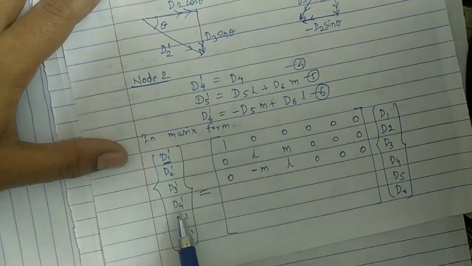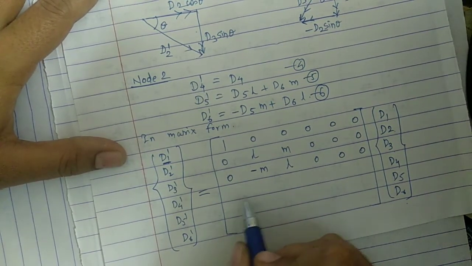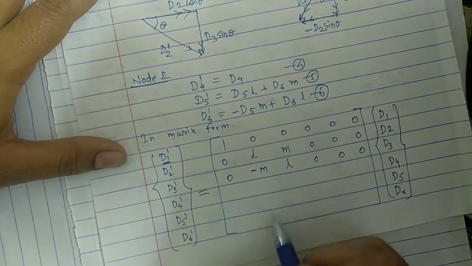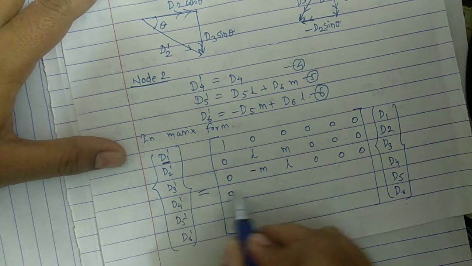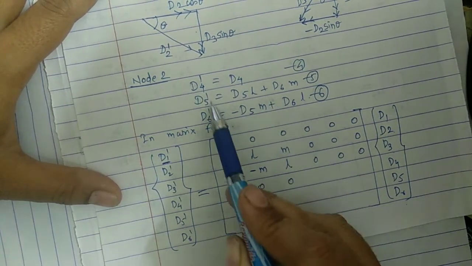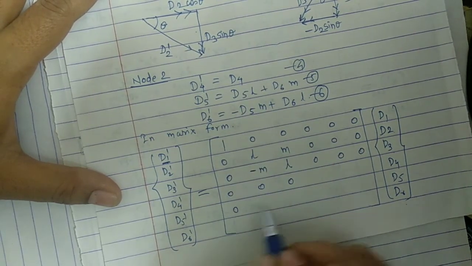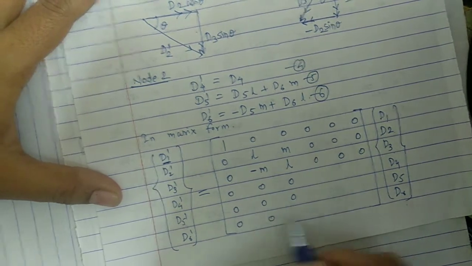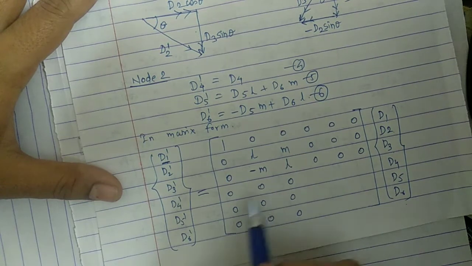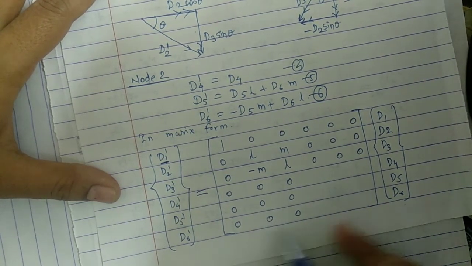Now next, the d4 dash equation. So d4 dash is equal to, only the d4 value is there. So in the fourth equation, the first columns are for d1, d2, d3, d4, and the first three coefficients are 0 here. Okay, so if you see all these equations d4 dash, d5 dash, d6 dash, in all these three equations there are no terms of d1, d2, d3. Therefore the first three elements in these equations have coefficients 0 0 0. So directly write down here.